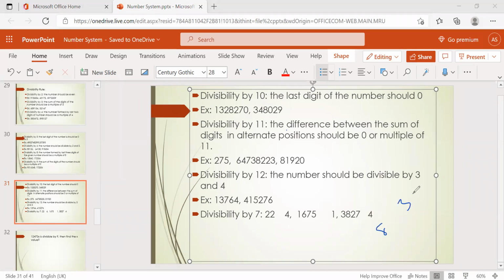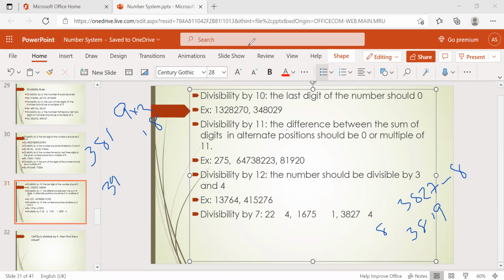So 3827 minus 8 is 3819. We don't know about this one either. Then separate that number: 381 and 9. 9 into 2 is 18.